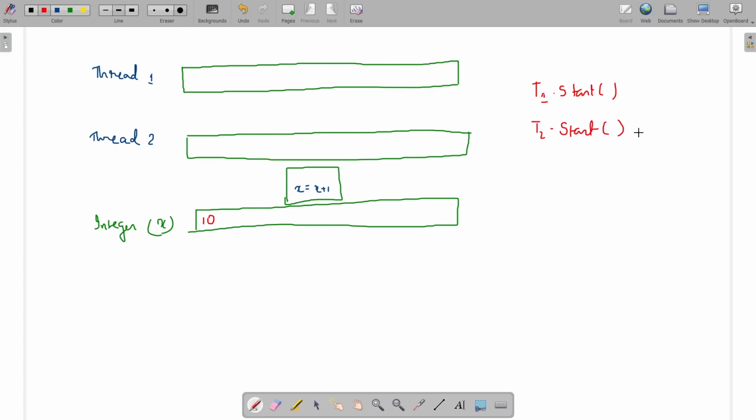We know that as soon as the start function is invoked, the run method works and the thread gets executed, going to the running state.